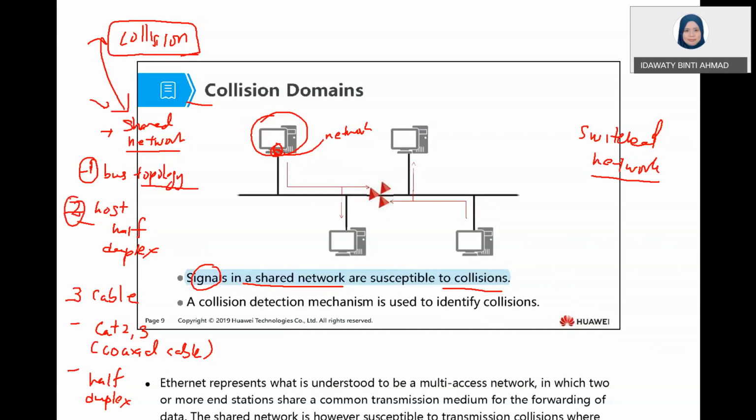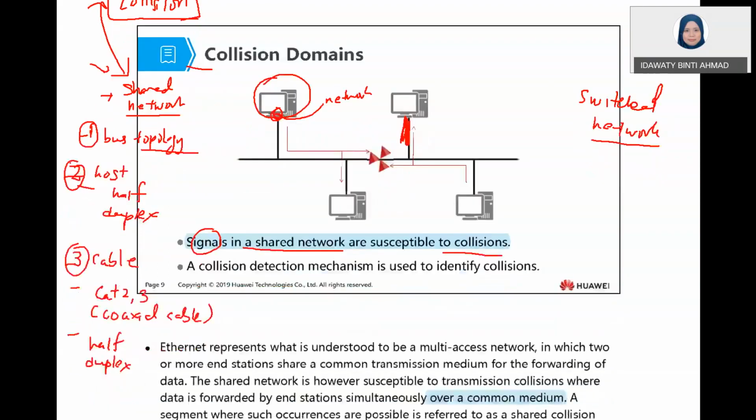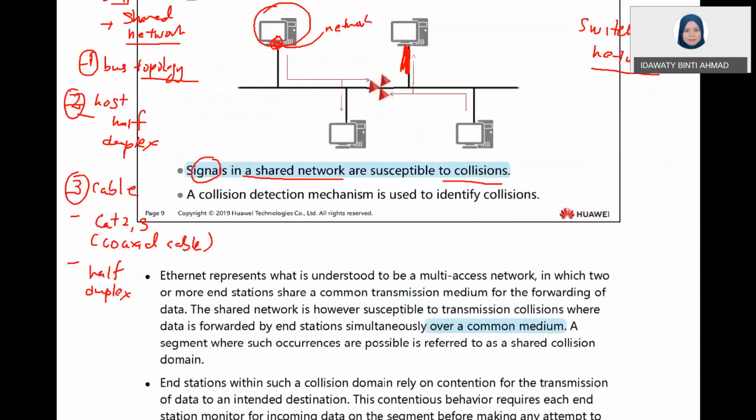Number three, the cable that you use here, not the network card, the cable itself is coaxial cable, for example. It is also half duplex. And number four, which we didn't mention in the Ethernet slides, is the device too,